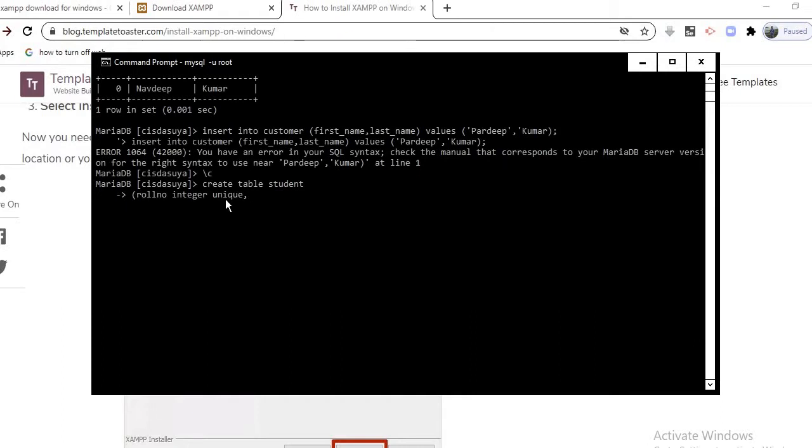Then is first name of student, varchar 25, variable length, and then is last name with the length 25, and the last one is score, and with default value 80.